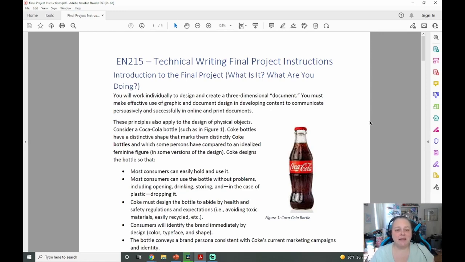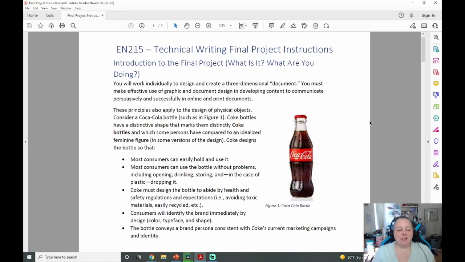So when you first pull this up, this is going to be an introduction. It's going to tell you what you're doing. It actually gives an example of what you could do. So you're going to work individually in order to design and create a 3-dimensional document. And by that, what we're saying is it's going to be a presentation, a written document, and some type of graphic. You have to use your graphics effectively and your document effectively in order to communicate persuasively and successfully in